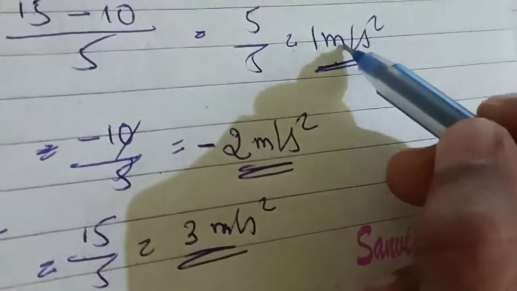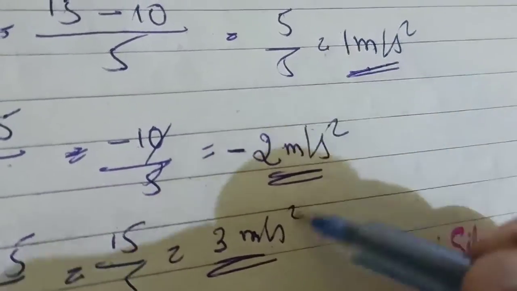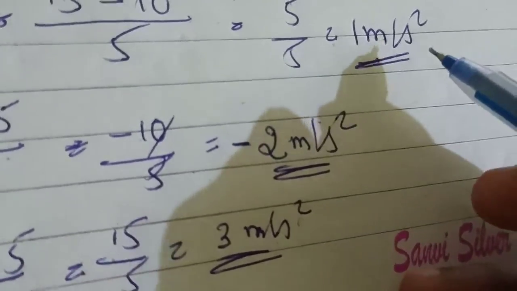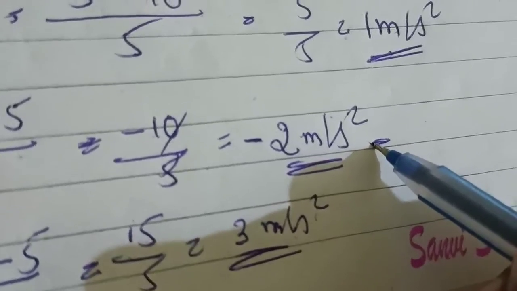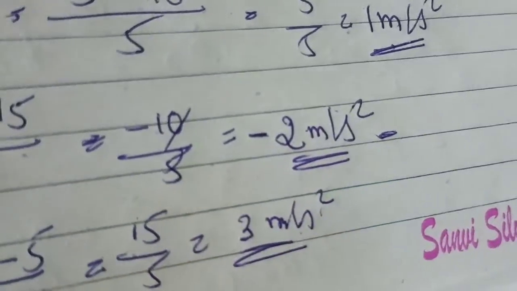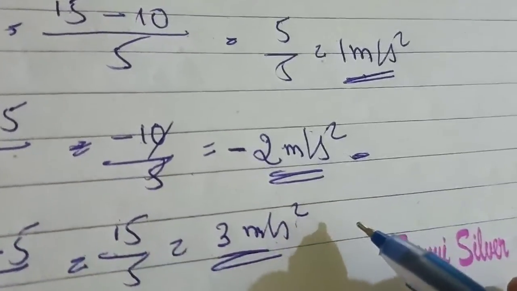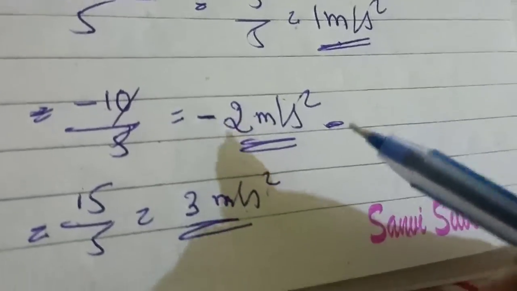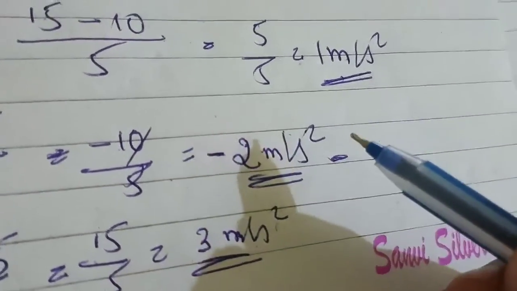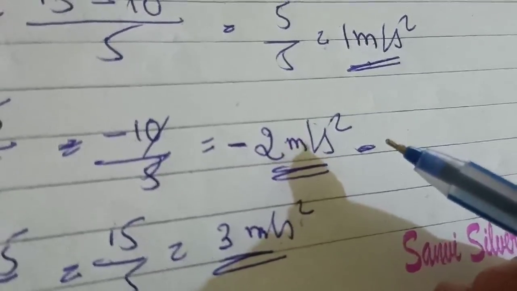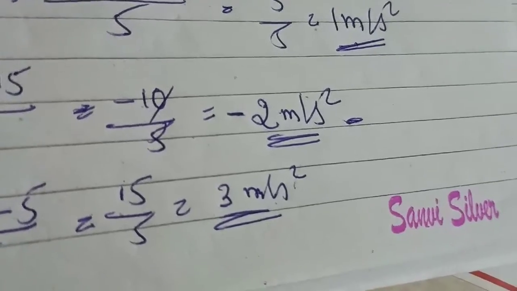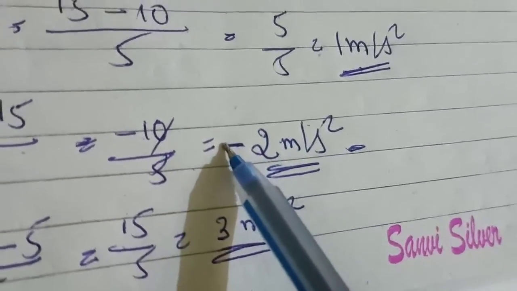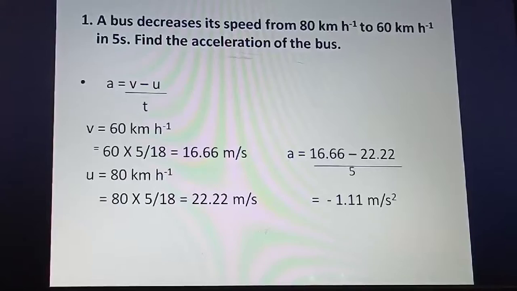Now if you see in the three cases, what is the acceleration here? Acceleration is changing, isn't it? In the second case, it is retardation or negative acceleration. So what happens here? Acceleration is not constant. Since acceleration is not constant, what happens to the velocity? Velocity also gets changed. So this is an example for non-uniform acceleration. Let's move on to the problems.